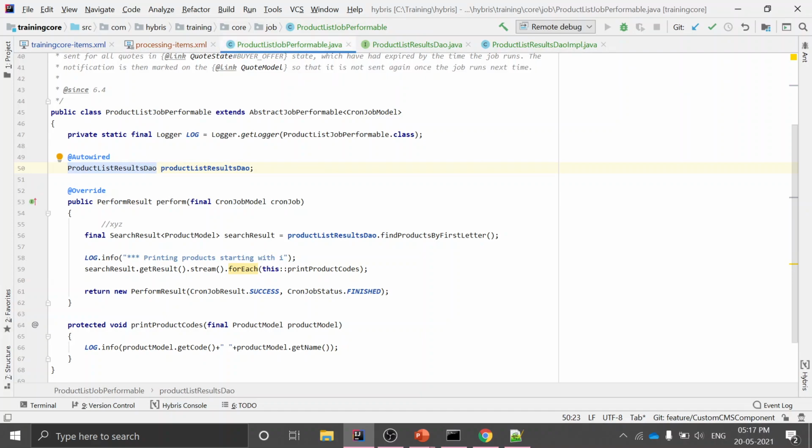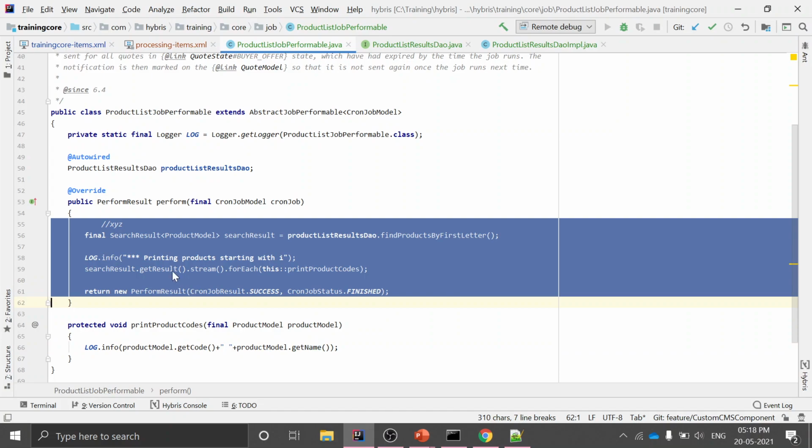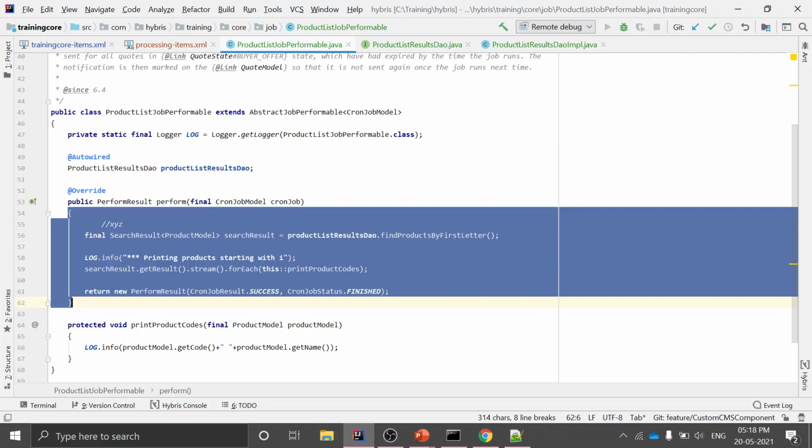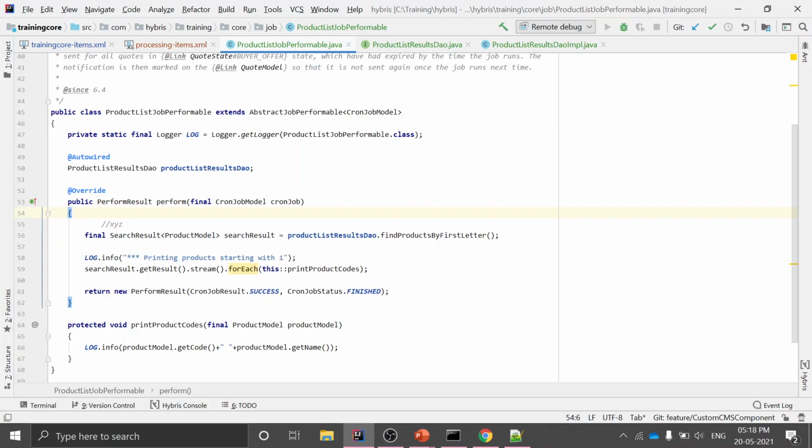In this class, I will iterate through the search results and print the product code and the name of the product. So this is my business use case scenario. You should create your own business use case scenario. This is the printing part, this is the iterating part of the search results, and this is fetching the search results. Once I have implemented my logic here, I am done with the Java part.